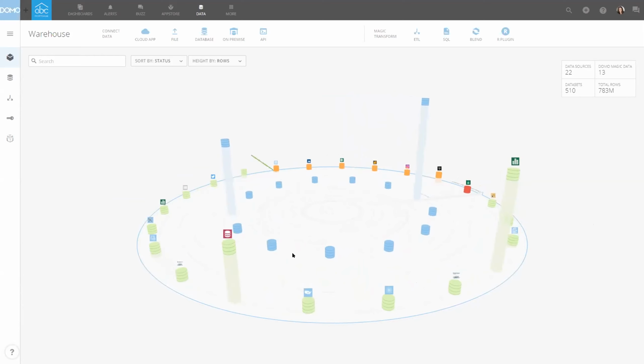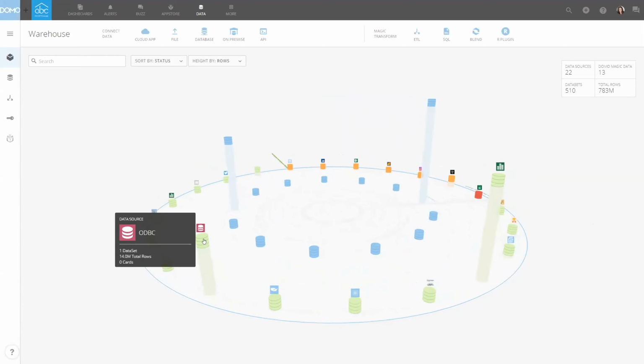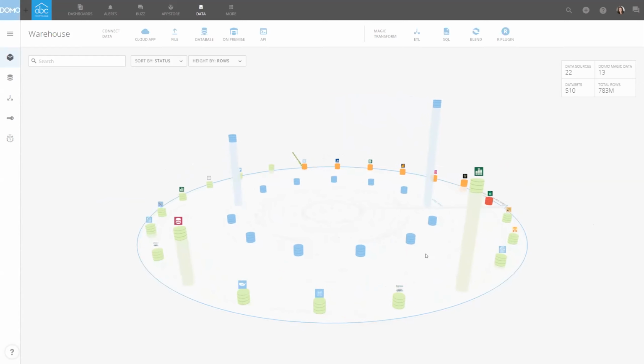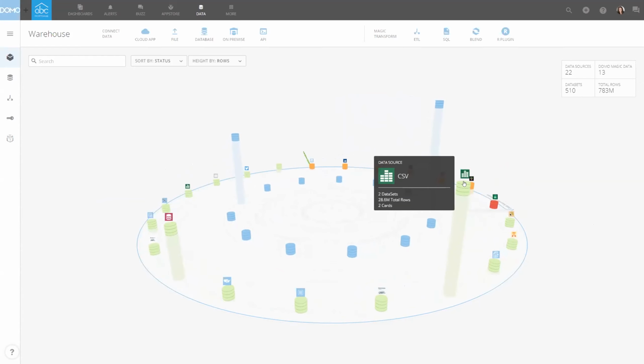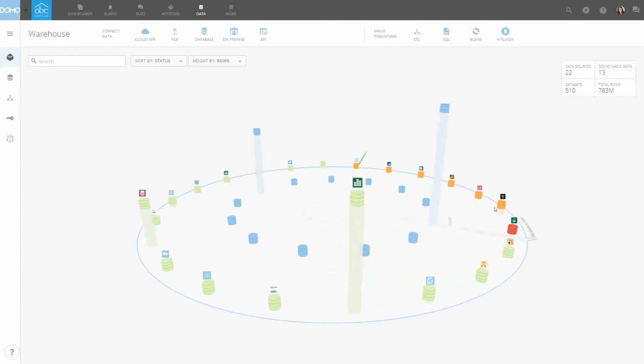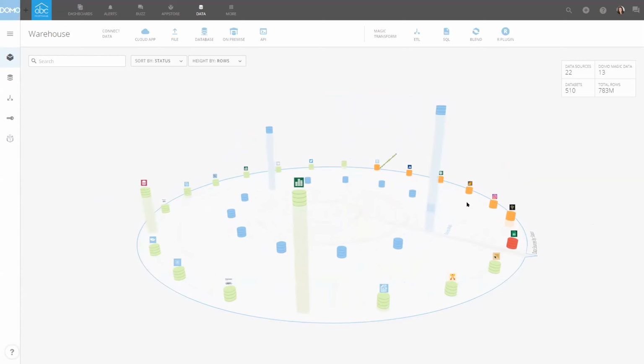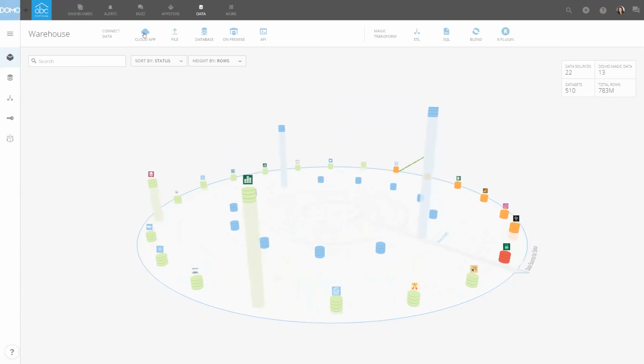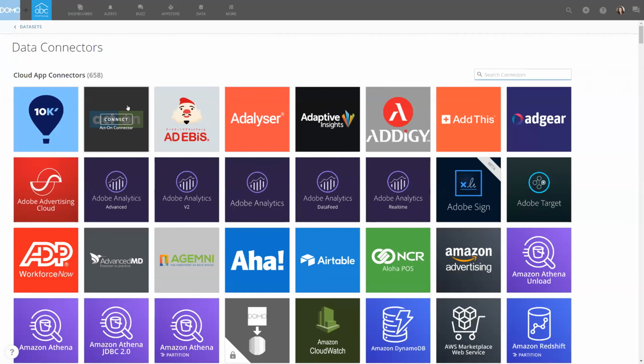You can see here we're connecting to some on-premise SQL data using an ODBC connector. We can connect to maybe some ad hoc Excel or CSV files if you have that sort of thing. But really the special piece to this puzzle is these pre-built connectors, these familiar logos you see around this ring. The platform has over 1,000 different pre-built connectors available. This is just a subset library of some of those, really helping you connect directly to those systems that you use the most.